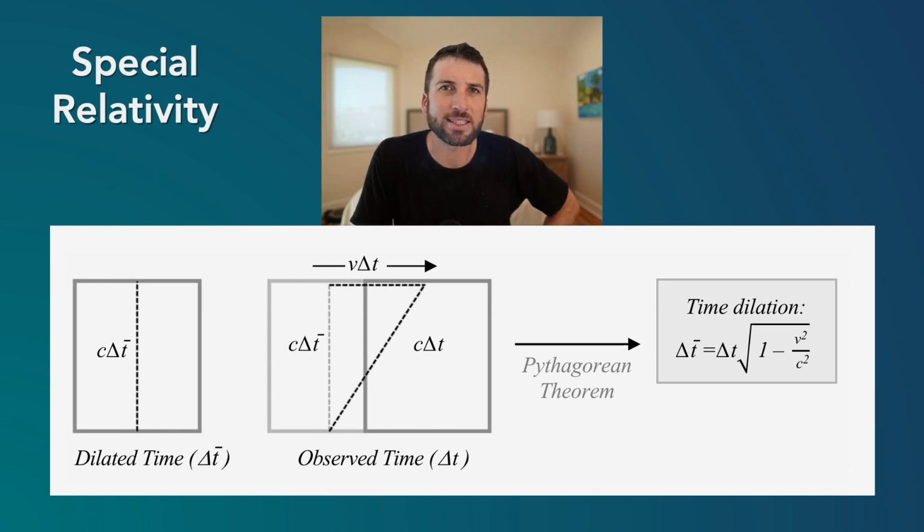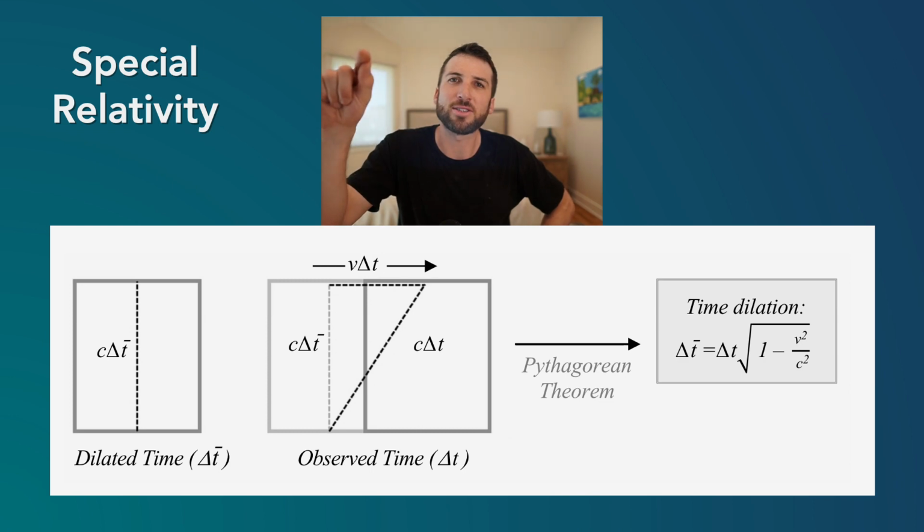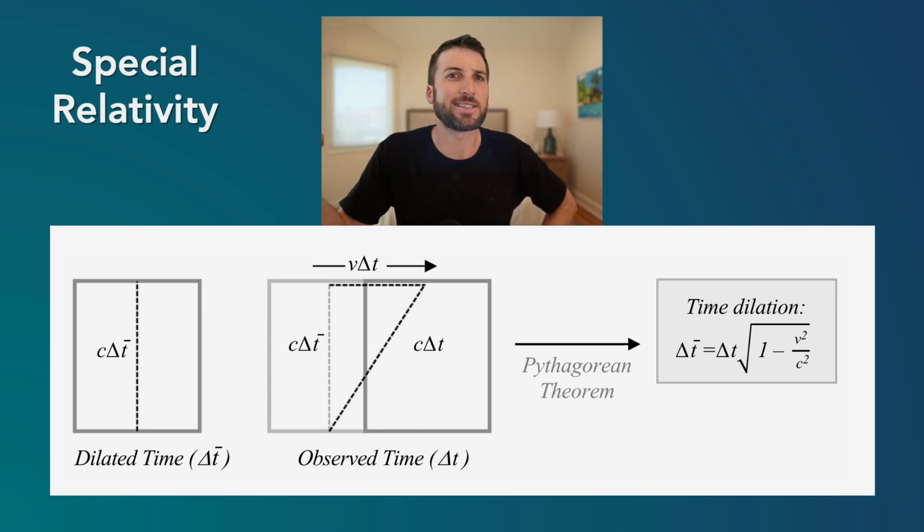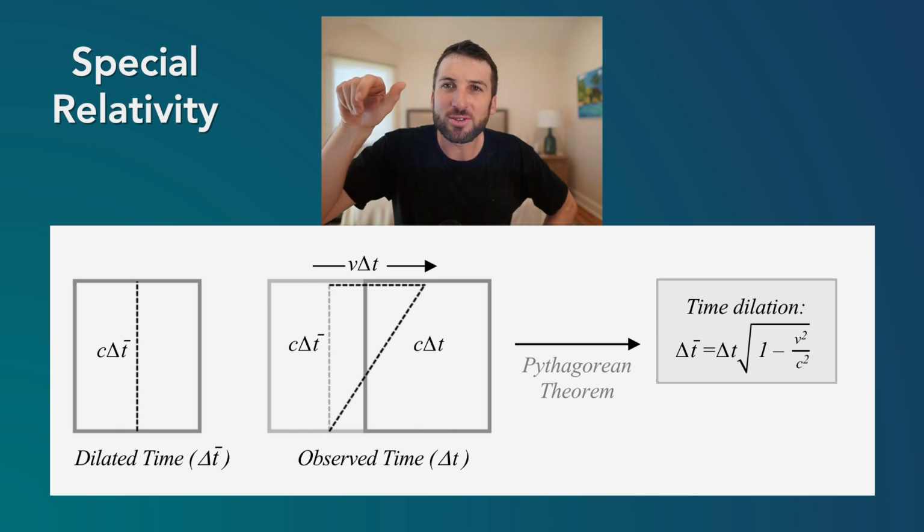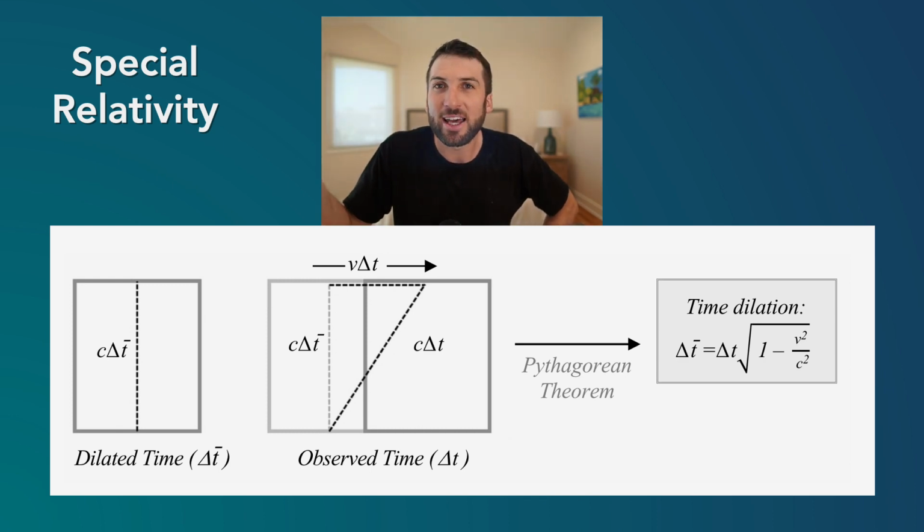But now there seems to be an inconsistency, right? I've seen the light travel a longer distance when the object was moving, but if I was inside the object, it looked like it went a shorter distance. So how do we rectify that, given that the speed of light is always constant? Well, it could be that time itself is dilated. If you look at this formula, with the dilated time versus observed time, you can get a triangle, and then you can use the Pythagorean theorem to calculate how speed influences time. Assuming time is changed while the speed of light, represented by c, is not changed, you can make this triangle work.